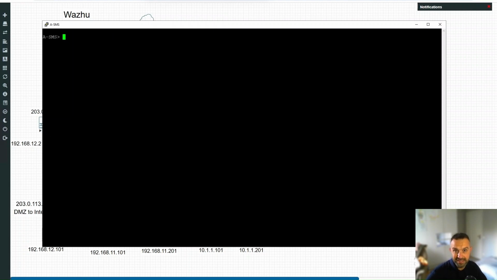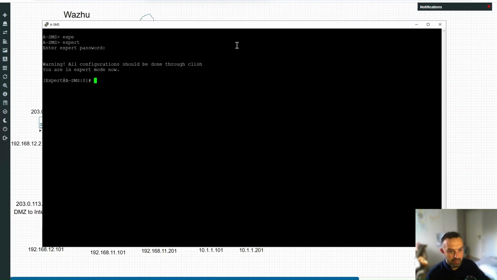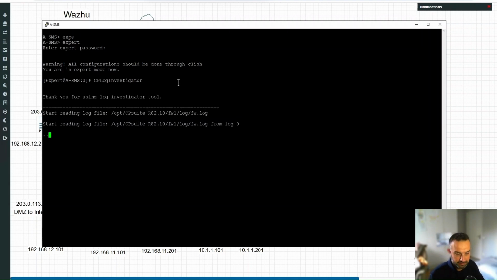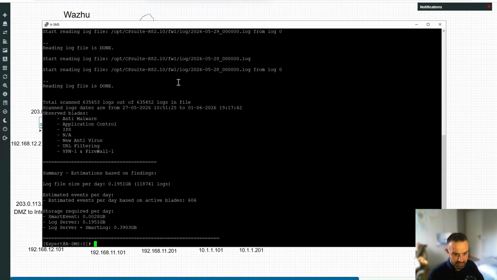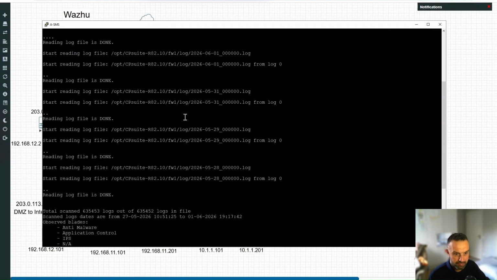So let's see it in action. By the way, it runs only in expert mode. So here, let's go to expert mode. And you can see CPLogInvestigator, and we click enter here. Let's wait a sec, okay, so let's jump up a little bit here. First, it simply shows which log files